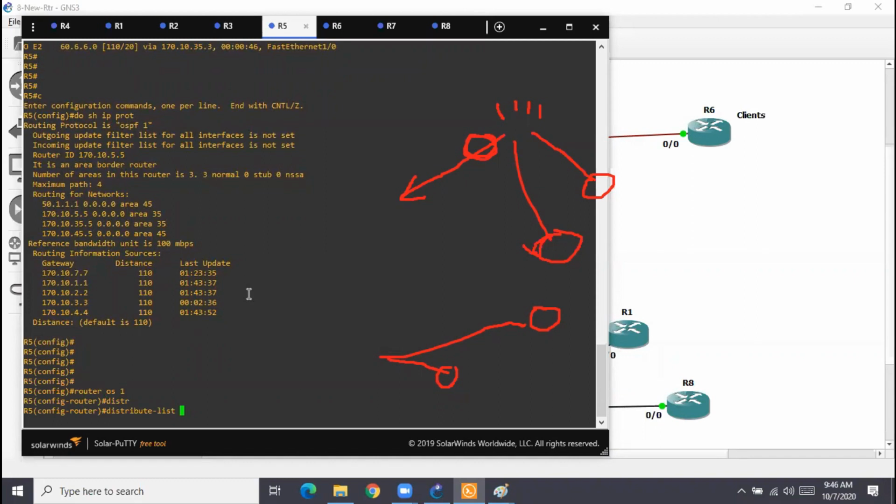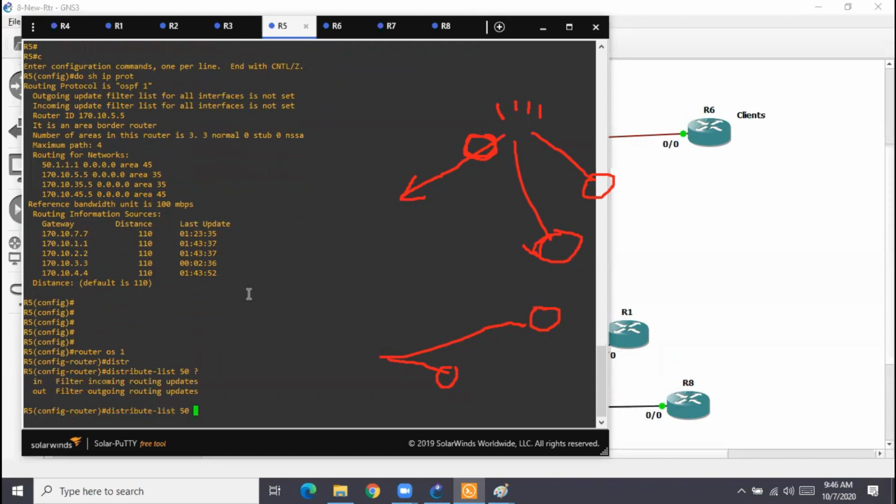It specifies access list number 50, and R5 is receiving this from somebody, so it has to be in direction. If you put a question mark, in and out options are visible, but as I said, even if I do out, it doesn't work. And then, do I need to specify the interface? Yes, let me be specific.